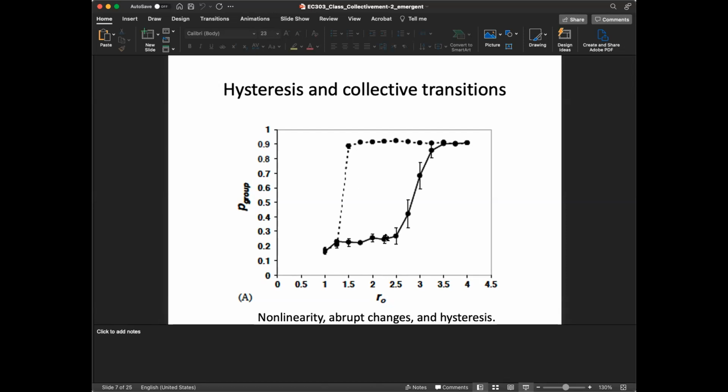So this is also an example of an emergent property. This is something, again, individuals cannot experience on their own. What the individuals are changing is just R0 as a function of time. However, collectively you find hysteresis, although individuals do not have hysteresis behavior. Any questions on this?